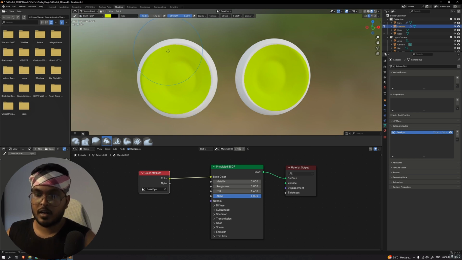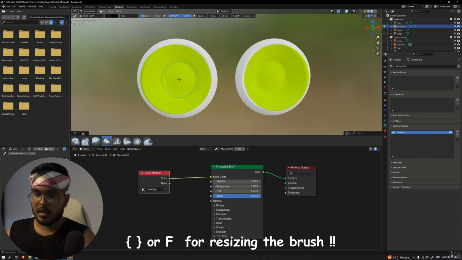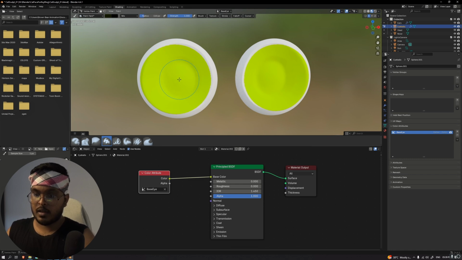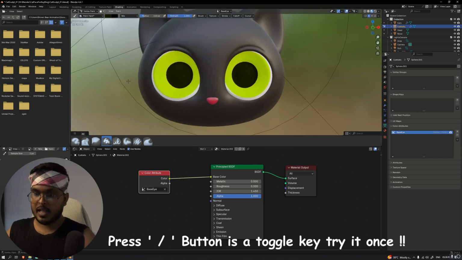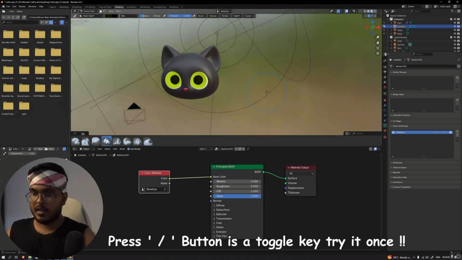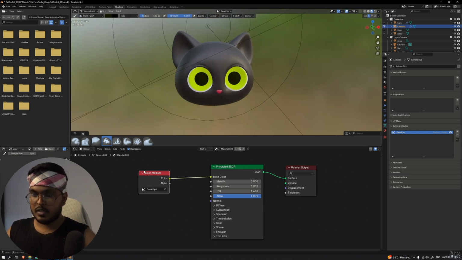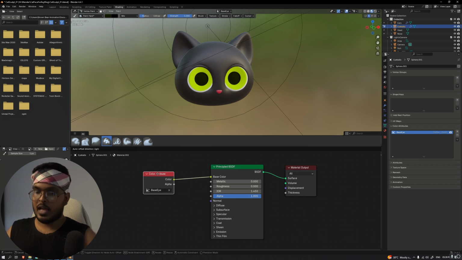Now we wanted a different color for the center part, so we'll add a different kind of dark color. Reduce the draw size with the square brackets, and here it is. On the same thing, we added it. Now we'll again press the slash button and you can see our eyes are painted. Just remember this color attribute, and for that color attribute you can add the attribute from here, this object data